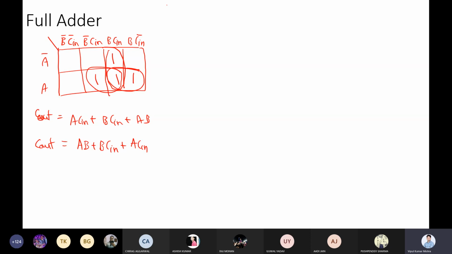Any doubt till this point? No, sir. So now we got the equation for sum, that is A XOR B XOR C in. Now we got carry, or you can say C out, is equal to A B plus B C in plus A C in, right?